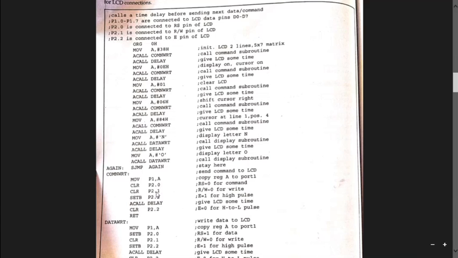Then again, I'm enabling this so that the interfacing happens. Enable should be high. For that, I'm setting P2.2. Got it? Again calling delay, and the same thing happens. Calling delay means it goes to delay, executes this delay program, and comes back here.